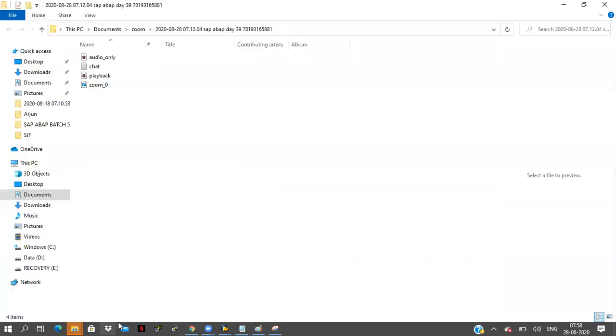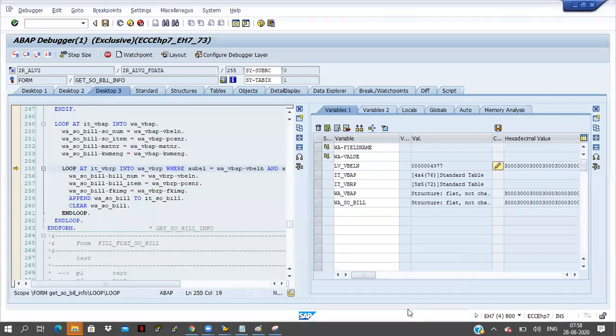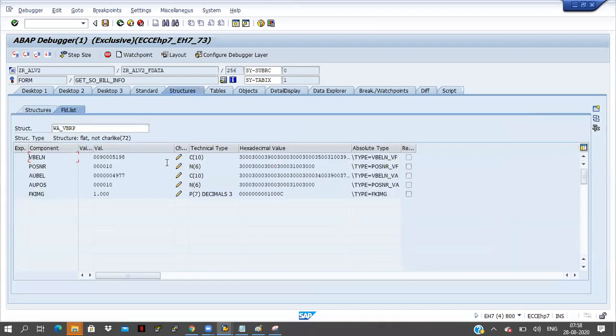Fine, I'm coming to the debugging. Now I'm looping here. Click on the F5 button. Now the record came. If you double click on work area VBRP, the sales document number is 4977 and item number equal to 10. The billing document number is different here.